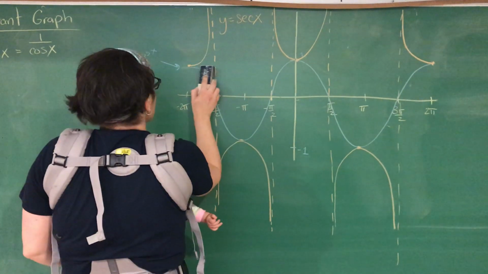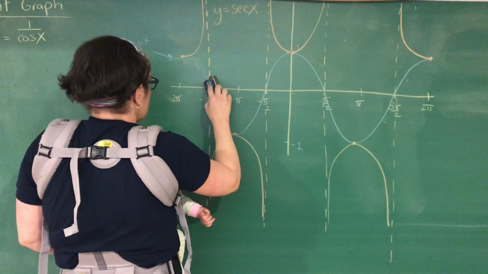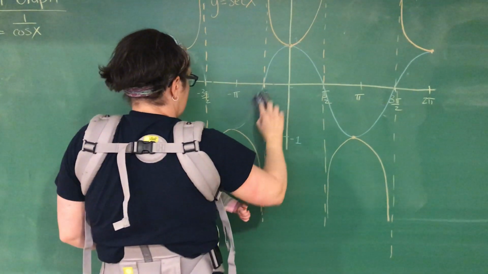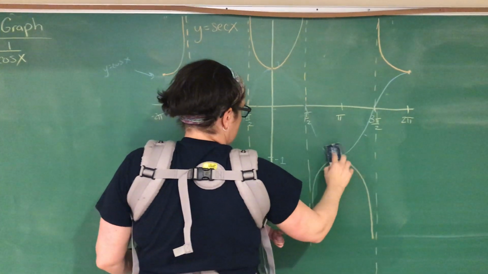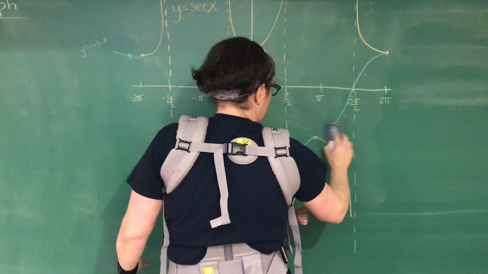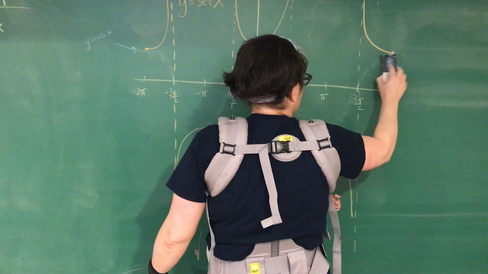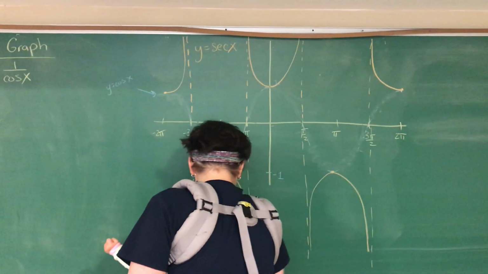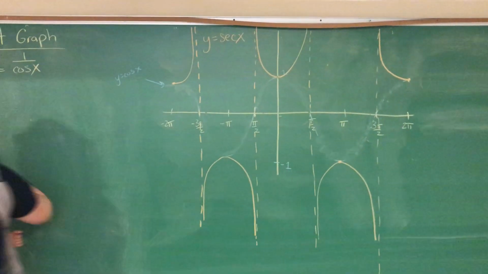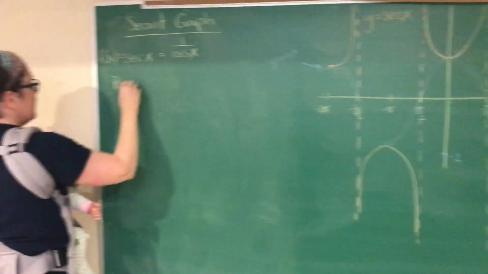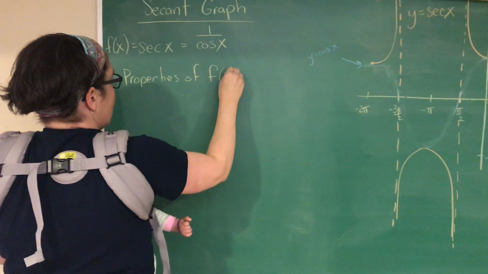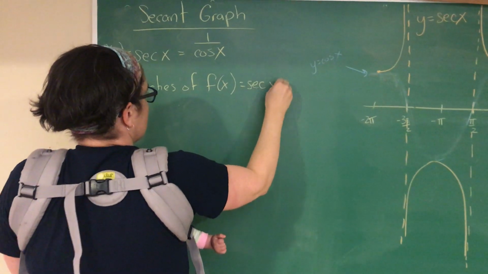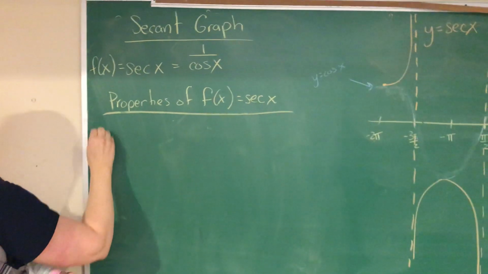Okay, so I'm going to erase the cosine function here in the middle because that was just part of our guidance. And now we are ready to write down some properties